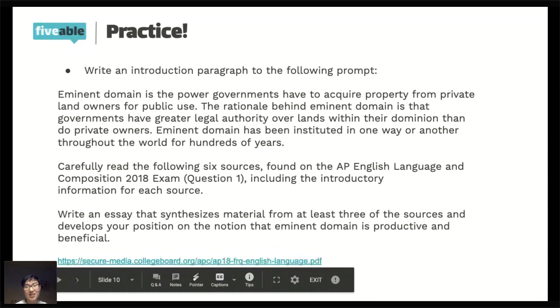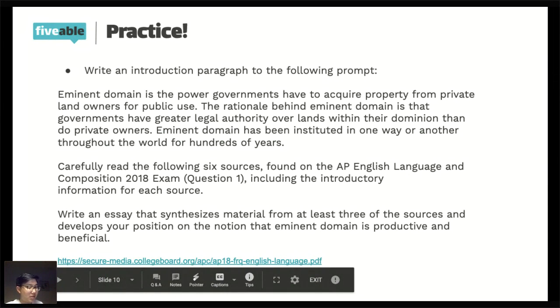For the person that just joined in, hello. Welcome to AP Lang Synthesis Review Introduction Paragraphs. Right now we're practicing how to write synthesis intro paragraphs. So this is our prompt here. I've sent a link in the chat, and basically we're just having everybody share their introduction paragraphs on this topic. You have about 3 minutes left. So use your time to the fullest extent. And I'll check in with y'all in a few minutes.